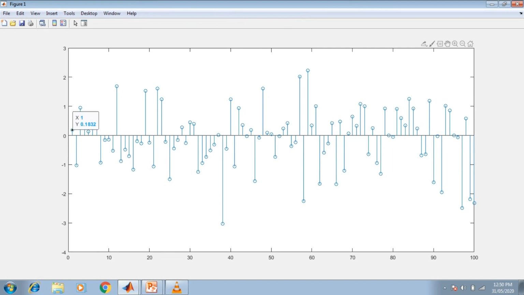The first sample here with 0.1832 amplitude, second sample with the amplitude minus 1.03, the third one with the amplitude 0.9492. So this way we can go for all these many data samples in this discrete time random process, having the 100 samples in all here.